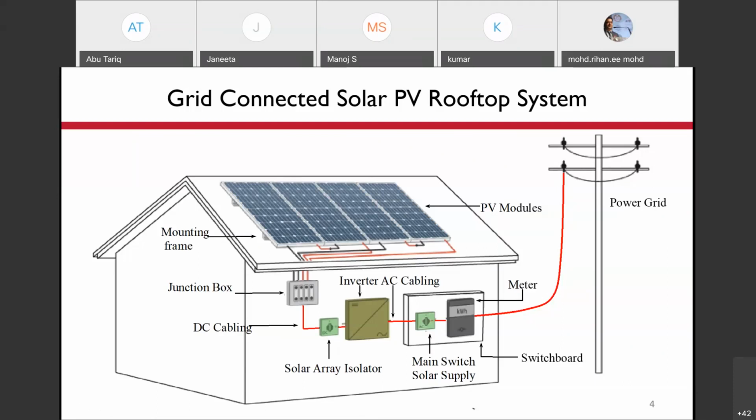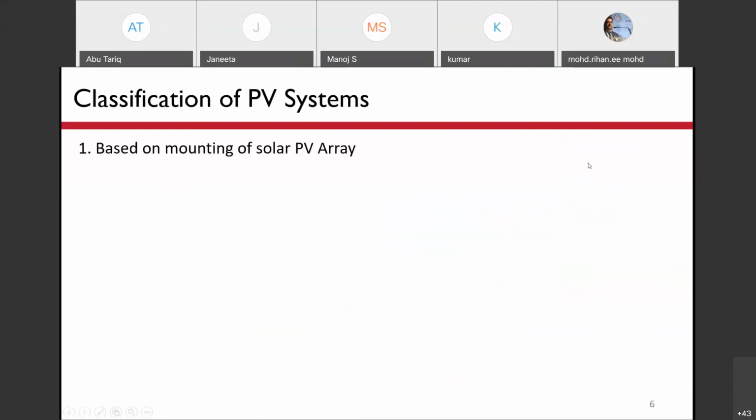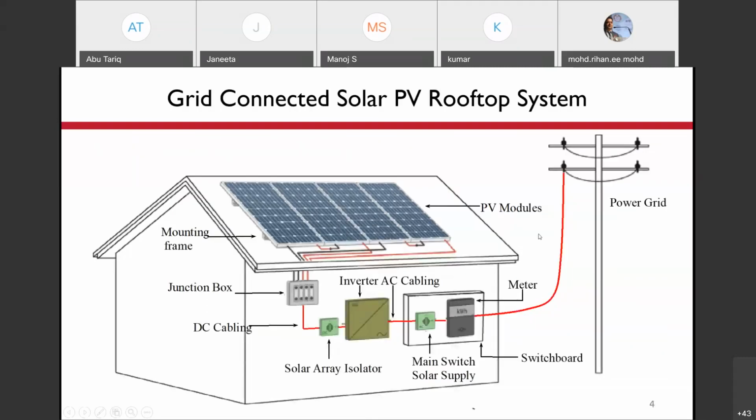This was a large system of more than 50 kilowatts. In that case, you would have some transformer here. For small systems, the supply is a single phase AC. If it were a larger system, say more than 5 kilowatt, then it would be a three-phase supply.